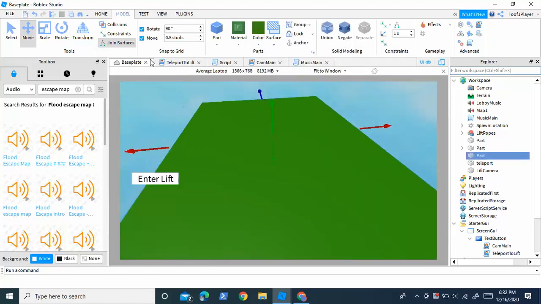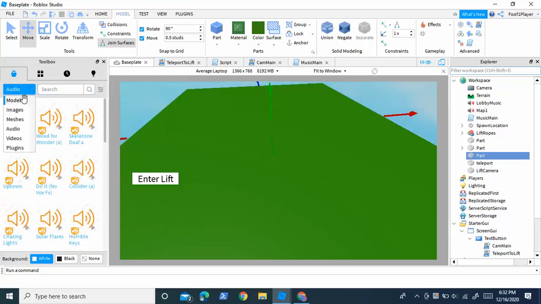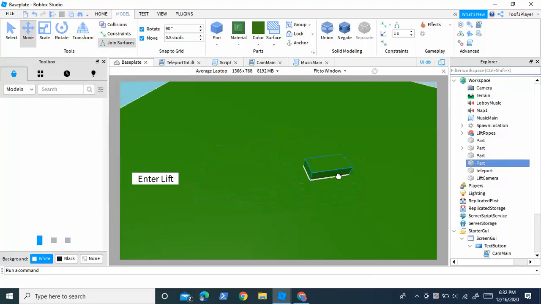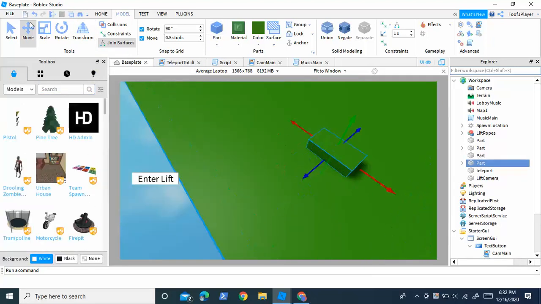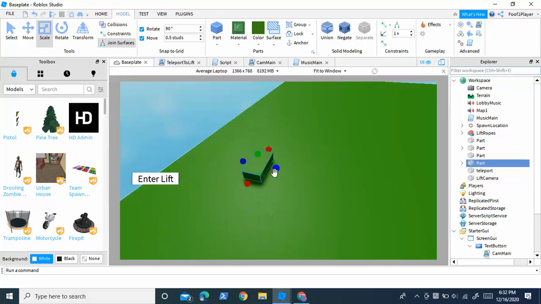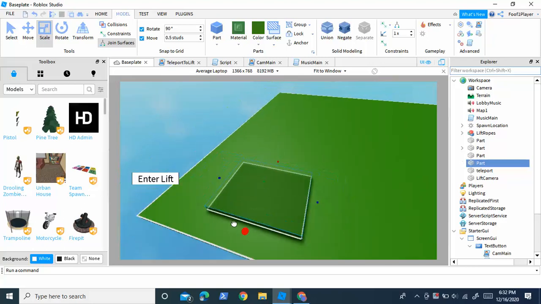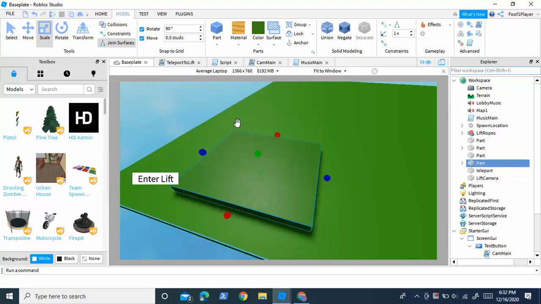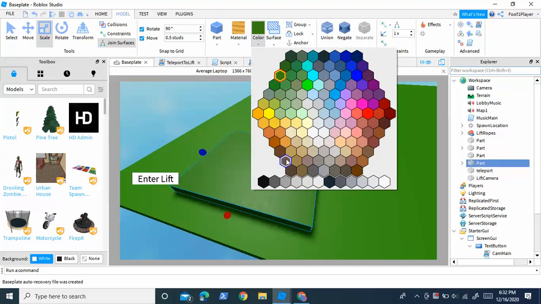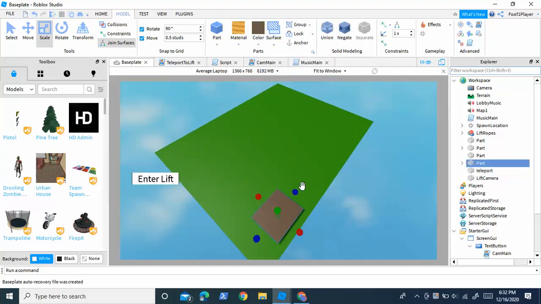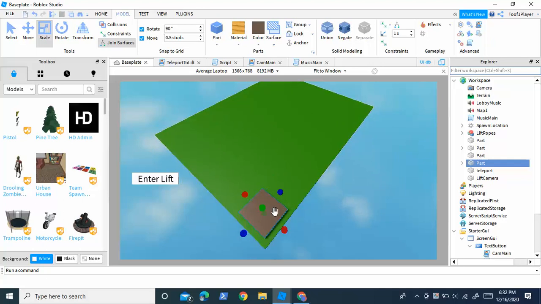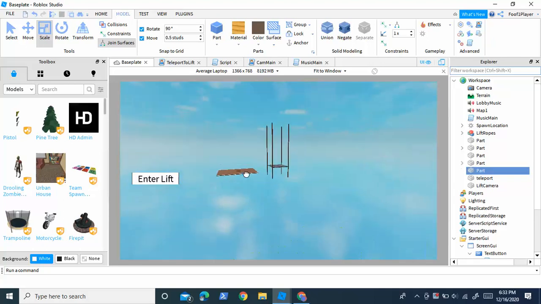And I'm going to have one part right here. And it's going to be a teleport part that teleports back to the main lobby once you've completed the map, and then you're obviously safe and, you know, you win and stuff. So this is going to be the part that teleports you back. Put this at the end of your obby for the flood escape,